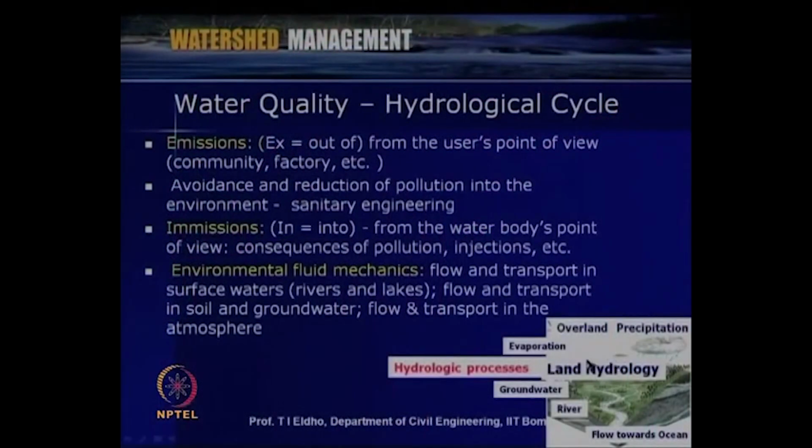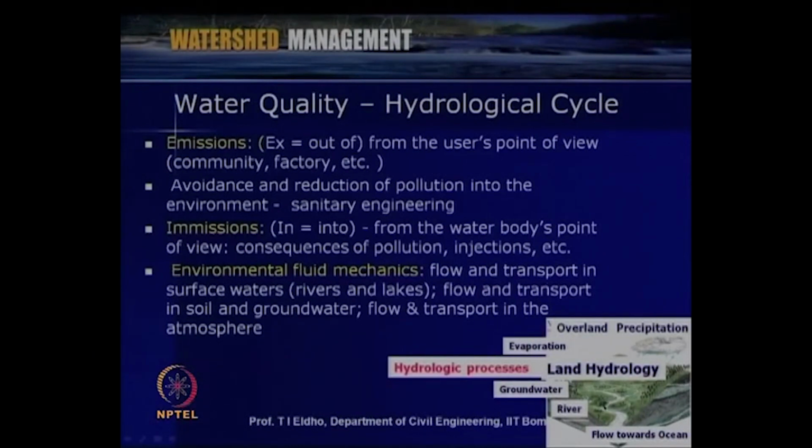Then, as we discussed earlier, when we consider the perspective of a watershed, the watershed is an area, as we discussed, with specific boundaries within a hydrologic system. So the main source of water is rainfall, then surface runoff, and then infiltration to groundwater, and then finally this water through rivers will be moving to the ocean. So when we deal with water quality modeling, we have to see what kind of things are coming to the watershed, or what kind of things will be going out of the watershed.